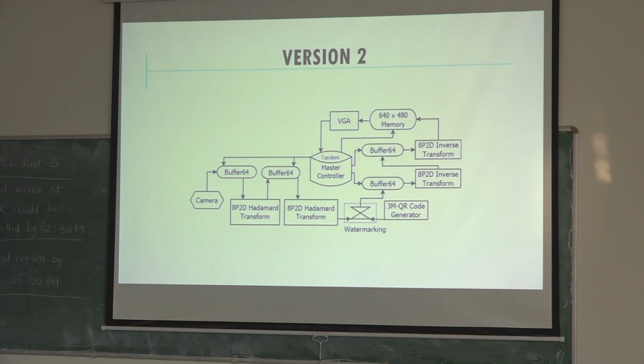Because the master counter started at 0 and it gave some value here. After 64, it will give the value here, but after a Hadamard transform, okay? Your Hadamard transform will not run for the 64, it will run for the 56 clock cycle actually. So 8 clock cycle difference will be there. So this 8 clock cycle shift we have to understand. So this buffer will not start at 0, it will start at either 56 or else 7.